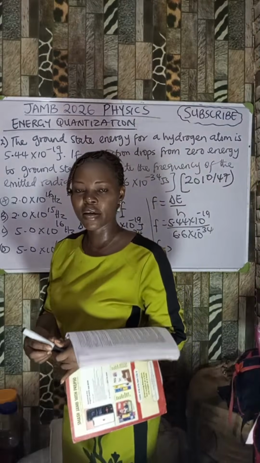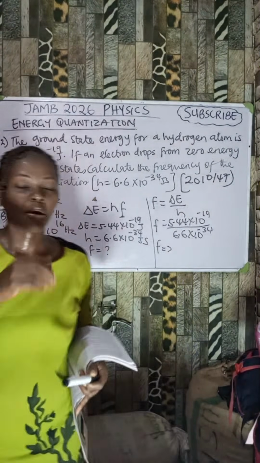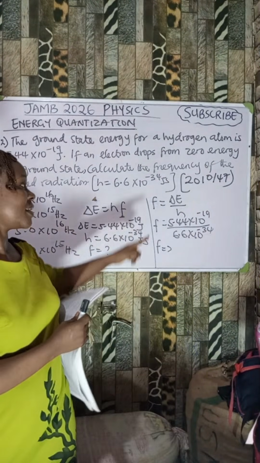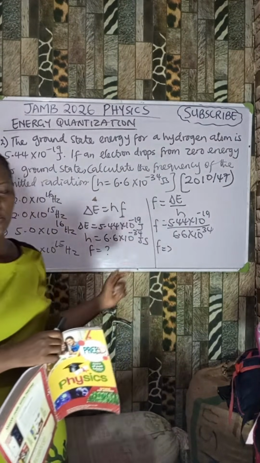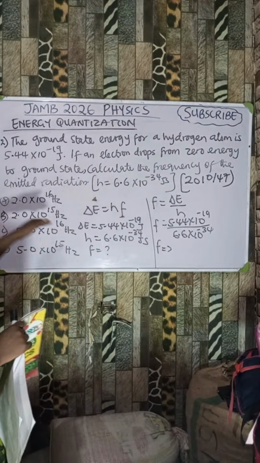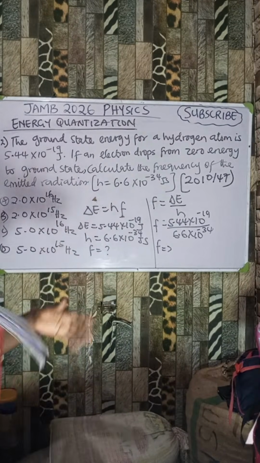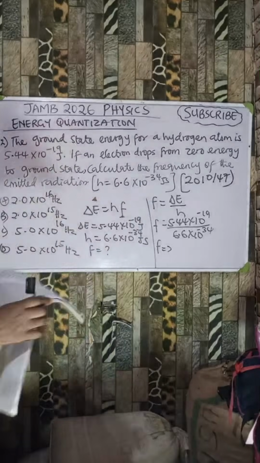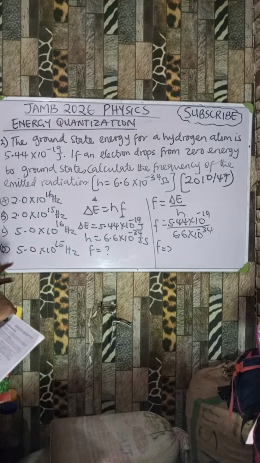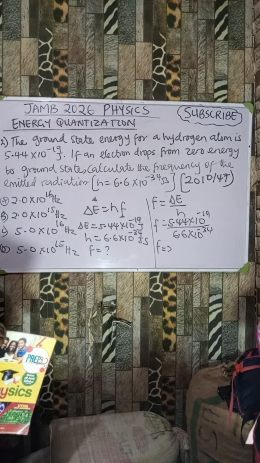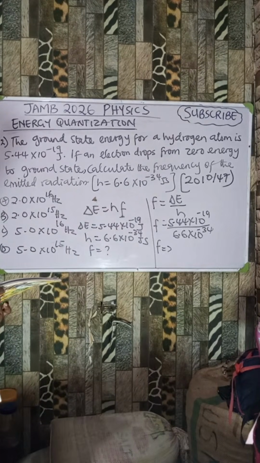Maybe if you have a past question, or you can check online actually for 2010 JAMB question, physics, number 47. You see the question, confirm the answers, okay, the options. But this is what I saw from Prep 50. If you're using Prep 50, you can confirm that with me. I think that is an error. So please disregard this. This is not correct. I think they made a mistake.